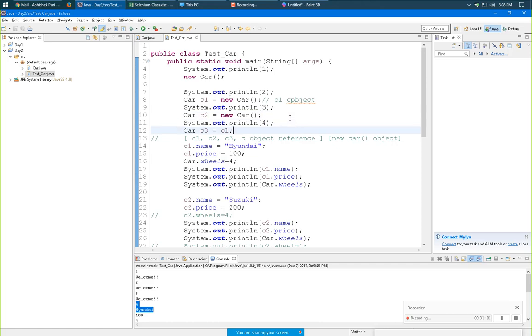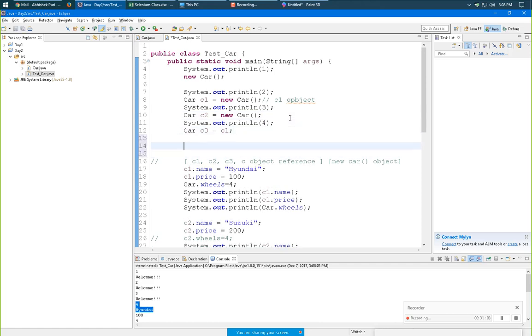After 1, I created a new car, so there was a welcome message. After 2, I created a new object, again it displayed a welcome message. After 3, I created a new object, it again showed a welcome message.